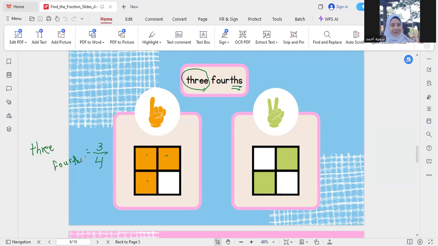And the second one equals what? Yes, I know, good boys. I know that we will choose the first choice, but I want also the second choice, to be sure that we are right. Here we have two colored parts, so the numerator will be 2 and the denominator 1, 2, 3, 4 equals 4. So the second choice equals 2/4, called two fourths. Okay,